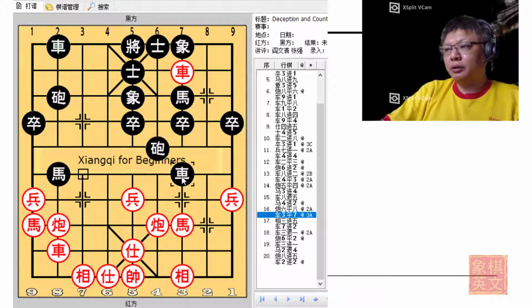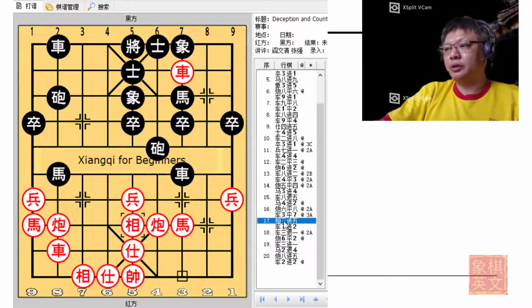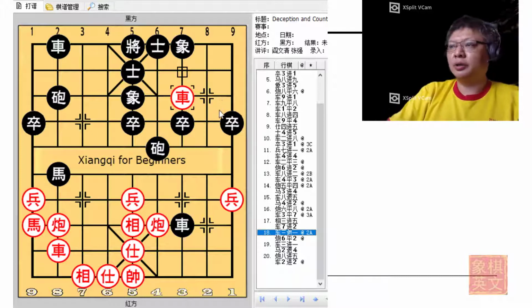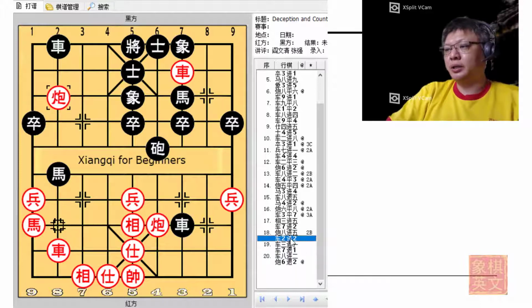If r3 equals 7 was played, red would continue to defend with e3 plus 5, trying to cover the weakness of this elephant and also attack the black chariot. Black will simply capture the horse and trade chariots at this point. Now, this would be a sound move because if c8 plus 5 were played,